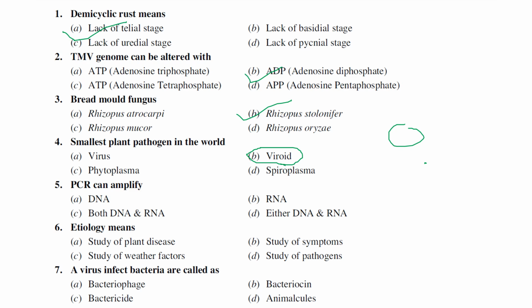PCR can amplify both DNA and RNA. If I see the literature and many books, it is mentioned that both DNA and RNA can be amplified. But as per my personal experience, I have isolated DNA in my MSc, and as far as my knowledge, PCR can amplify DNA. That I know for sure. For RNA I have a little bit of doubt, but many of the books and literature I have seen mention that it can amplify both DNA and RNA. If you know, please let me know, I'll be happy. Generally PCR can amplify both DNA and RNA.